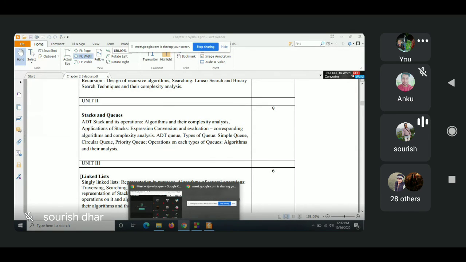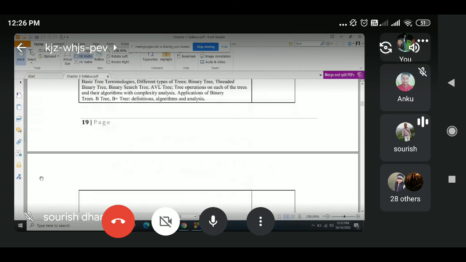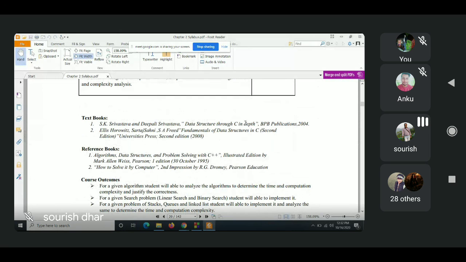Now listen to me carefully. Whatever I have taught you until now, go through that using a good book, or whatever book has been given as textbook reference. You can go through Data Structures through C in Depth by S. K. Srivastava, or Sahni's Fundamentals of Data Structures in C. You can also use Mark Allen Weiss, Problem Solving with C++.